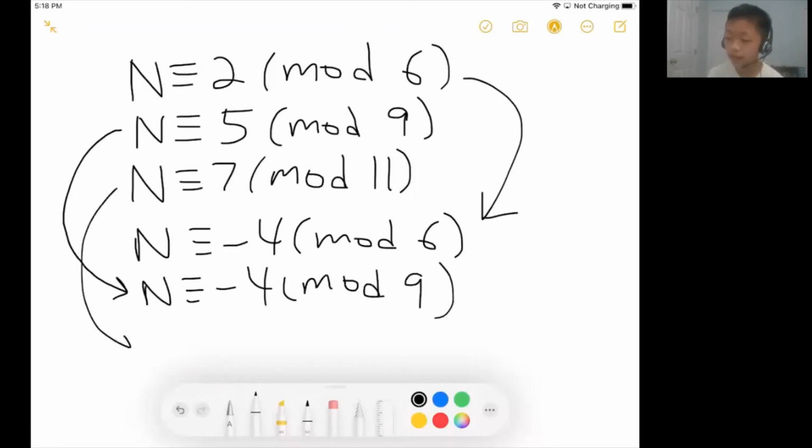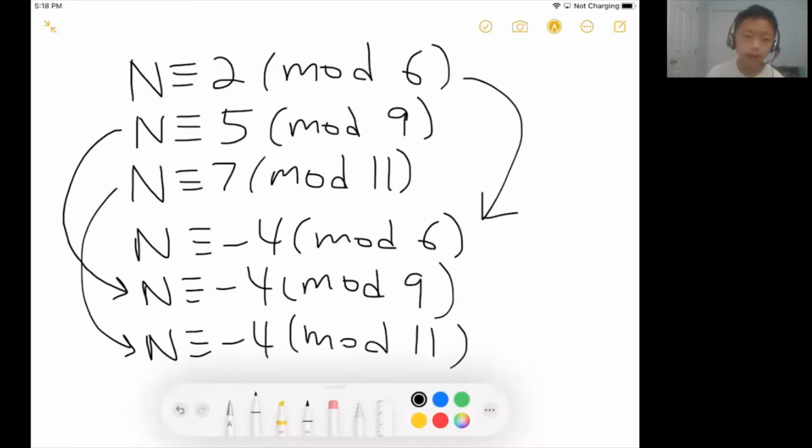And I can write the last congruence as n is congruent to -4 mod 11. The reason this is helpful is that whenever you have a system of congruences where the numbers inside are all the same, in this case -4 for all of them,